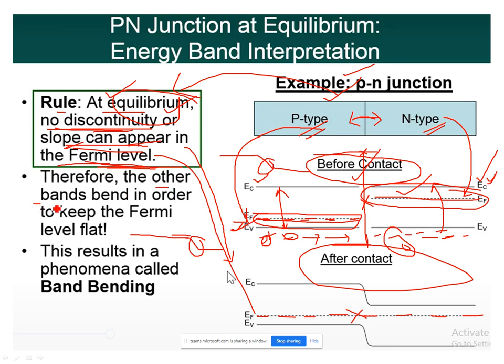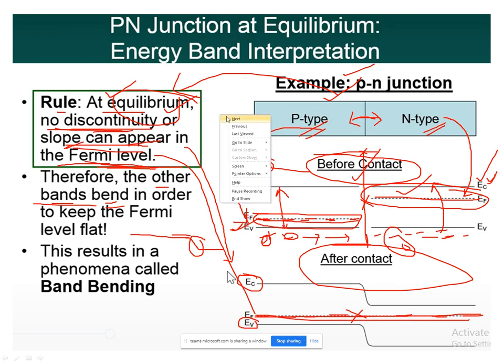Therefore, the other bands, which are the conduction band and the valence band, have to bend. There is no other option now. When this has to be straight, it is a very simple rule, and obviously we need to bend this part.